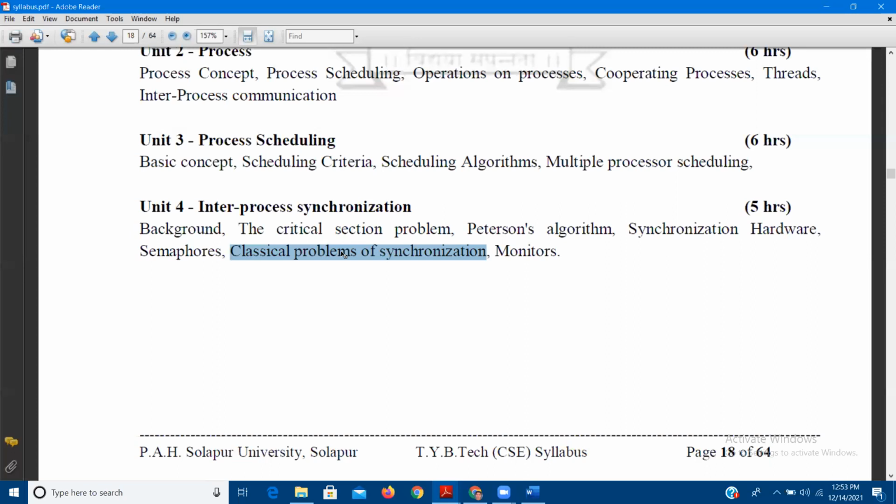If there are only readers, no doubt you can share the file, no problem. But if there are readers and writers, we can't allow all of them to access that file at a time. If a writer is there, readers can't read that file. Only the writer is able to write inside that file.